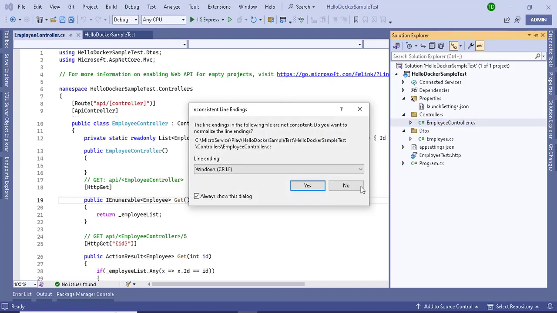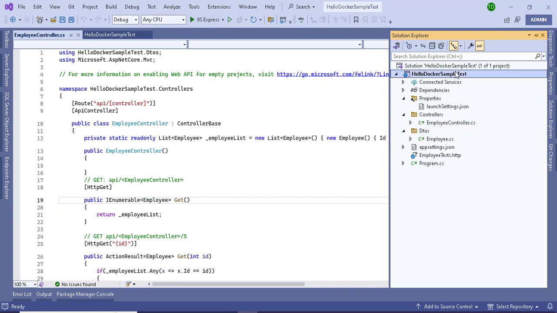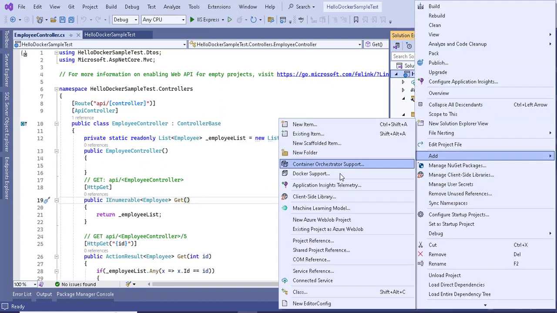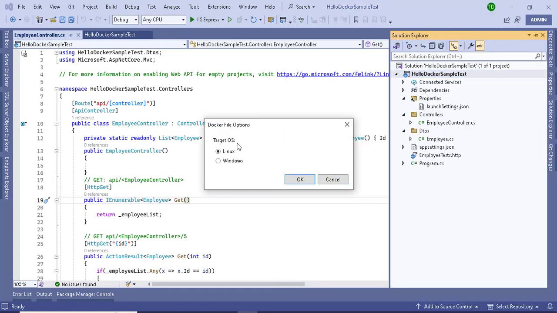Just go to Solution Explorer, right click, go to the Add option, and here you can see Docker Support. We already have this option in Visual Studio, and once I select this, it will ask for the target OS. I'm going to keep Linux here, and when I click OK,